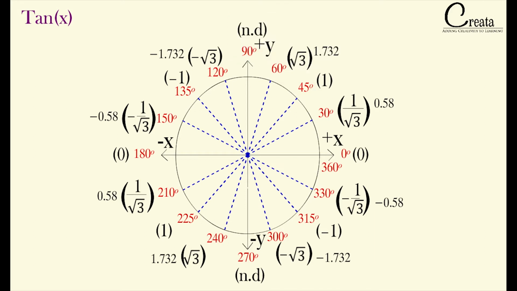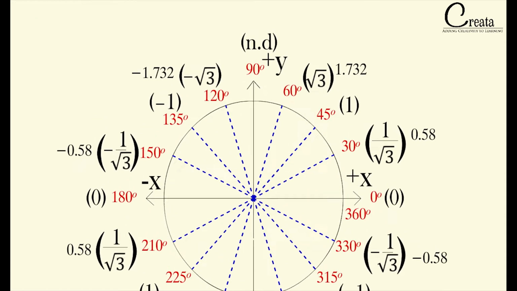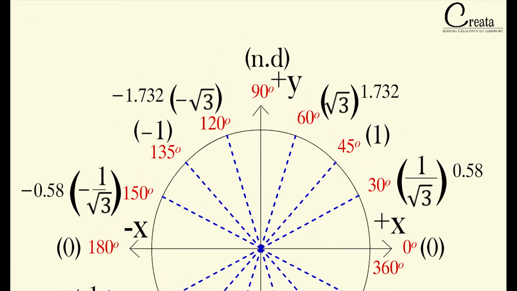Further, in second quadrant, tan is negative. All school to college, the fundamental we have done in the previous videos. In the second quadrant only sine is positive. For this video we will limit ourselves to first and second quadrant only. We have to calculate value of tan 90 degree.